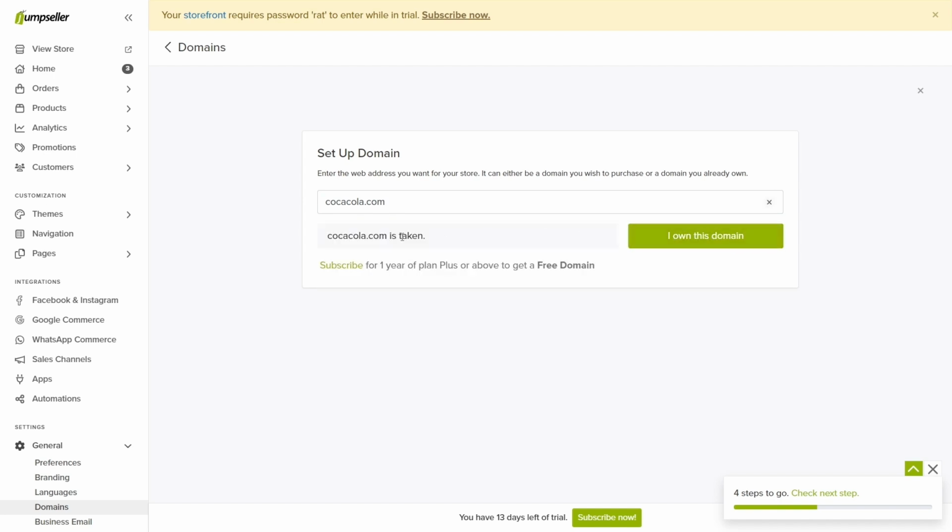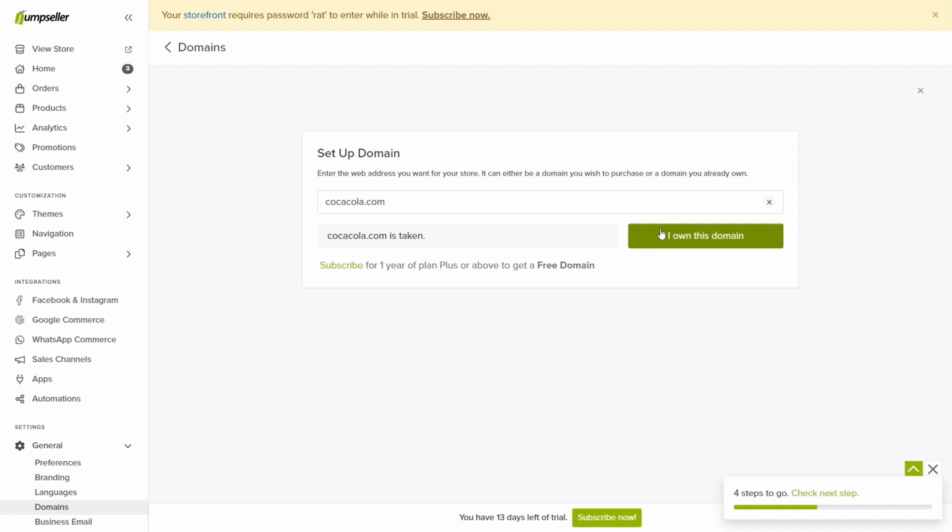And then if you click on I own this domain, instructions will appear to connect the domain to your store in case it's really your domain. These instructions are very technical, so if you have any difficulties, we always advise you to contact our support team. If you already have an email service with a domain, you can also ask our support team to take care